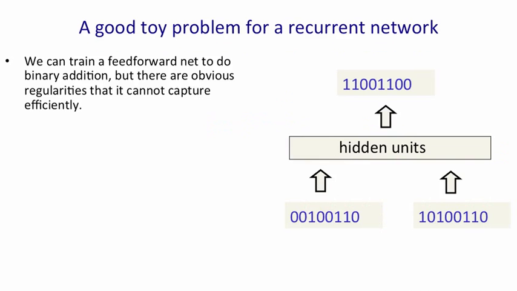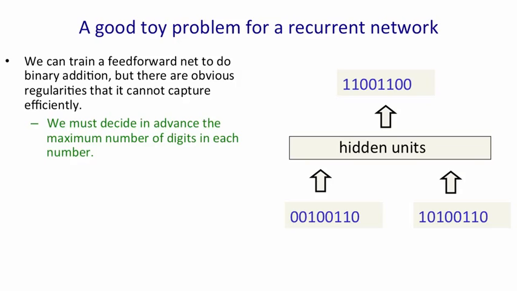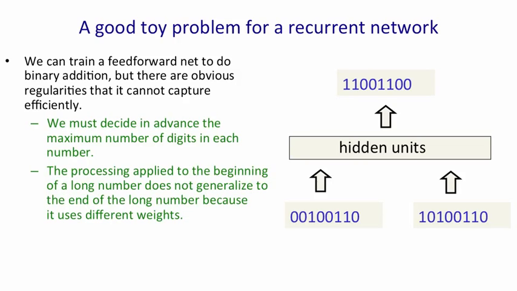So consider the problem of adding up two binary numbers. We could train a feed-forward neural network to do that, and the diagram on the right shows a network that gets some inputs and produces some outputs. But there are problems with using a feed-forward neural network. We have to decide in advance what the maximum number of digits is for both of the input numbers and for the output number. And more importantly, the processing that we apply to different bits of the input numbers doesn't